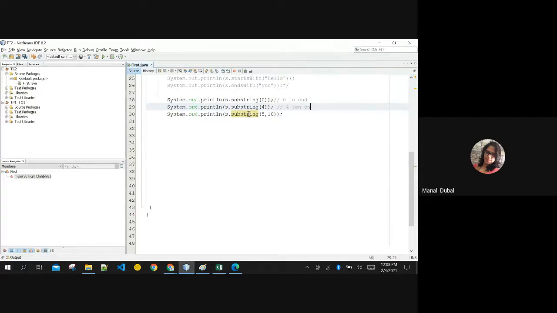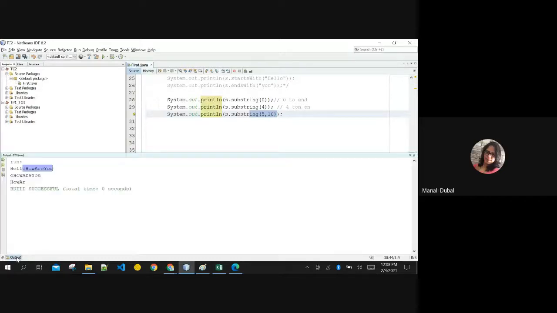What about this one? From the fifth index to 10. Both are included here? Check what is included. End is not included. Yes, then 5 to 9. Very good. Excluding 10, 5 is included, right? It is exclusive of the last index. It is showing you here 5, 6, 7, 8, and 9 only. 10 is not shown here, right?